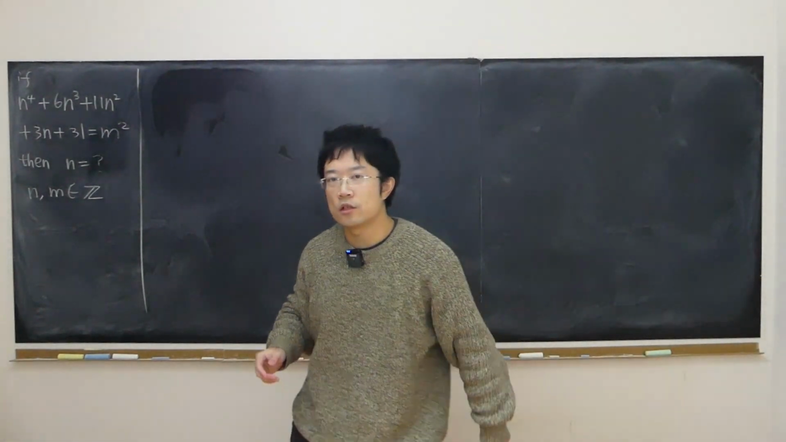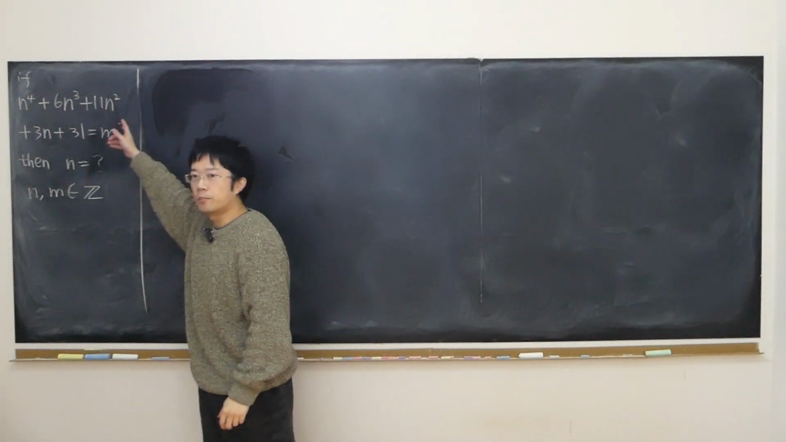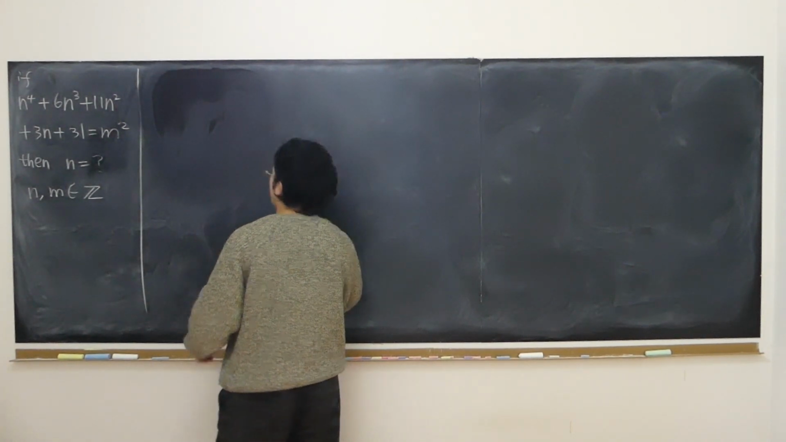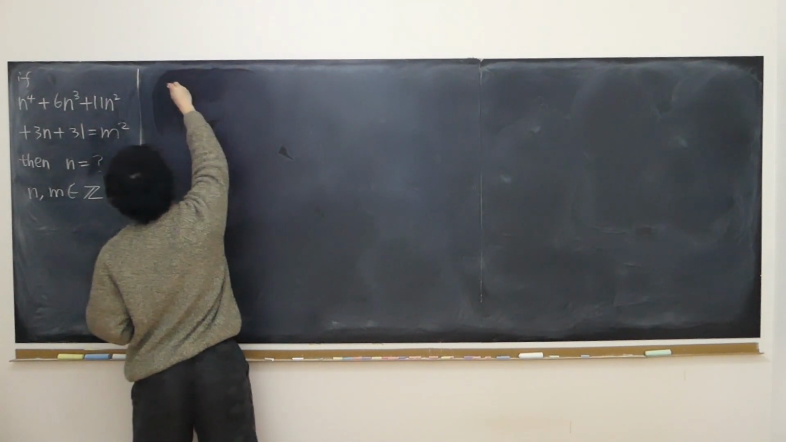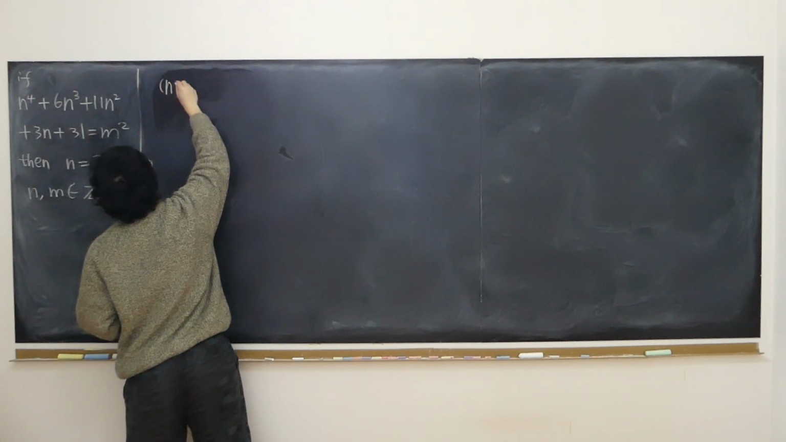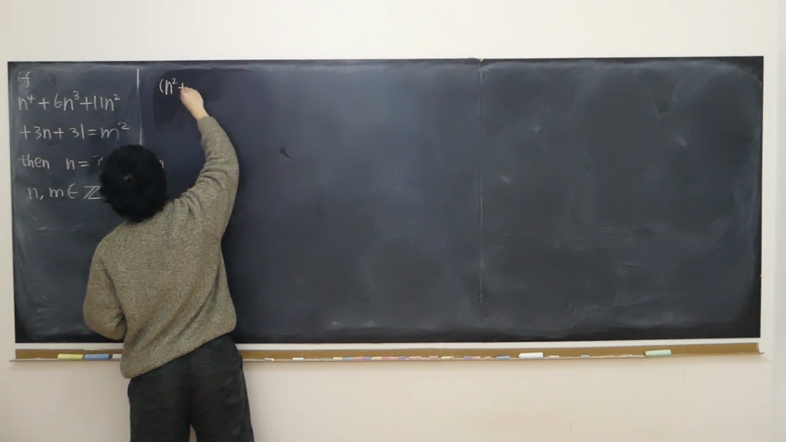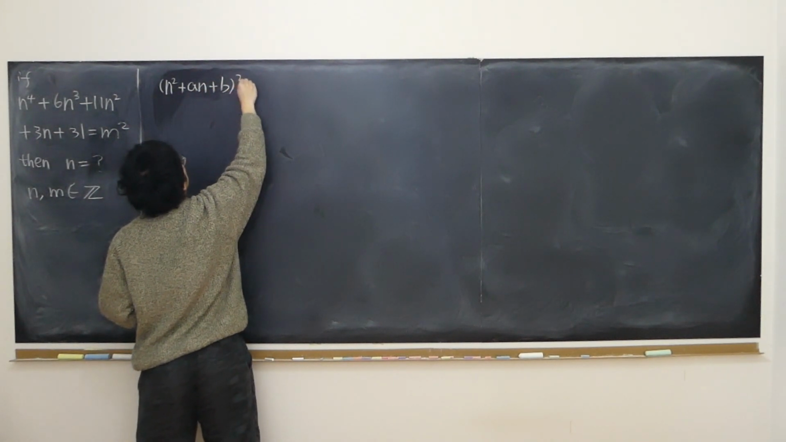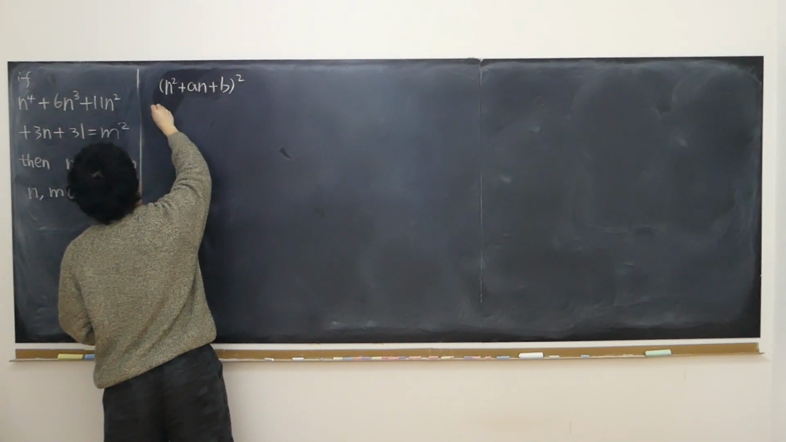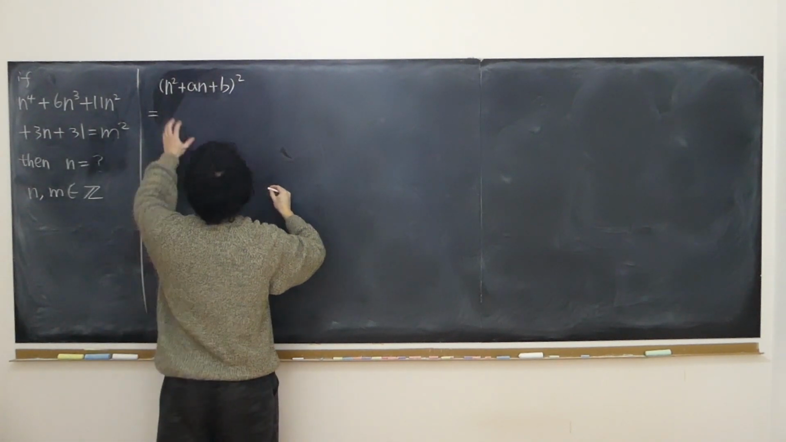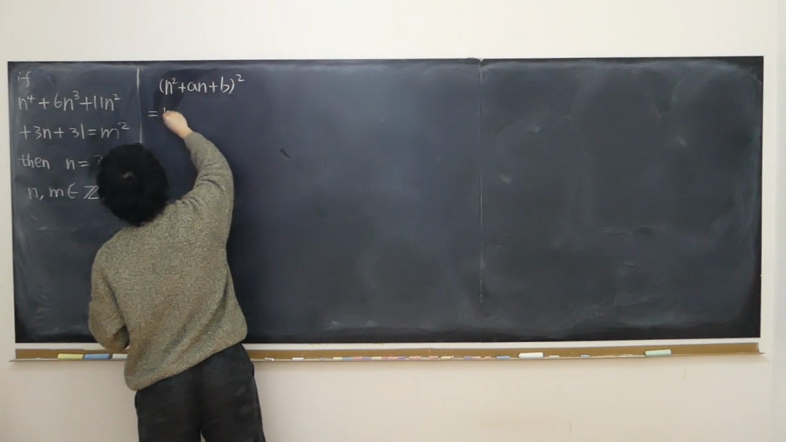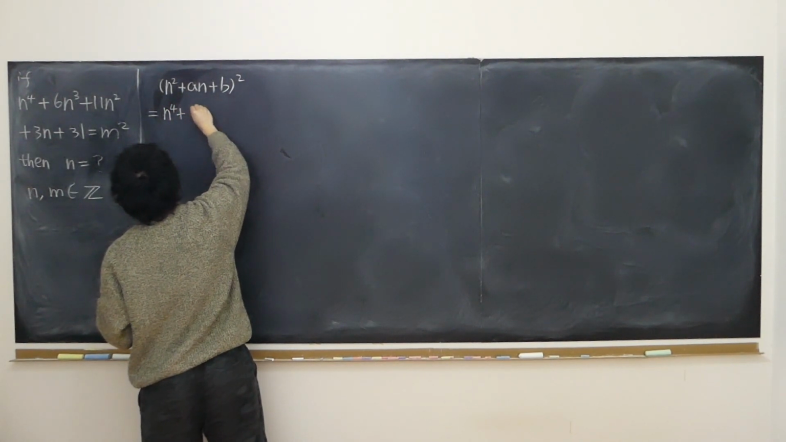What kind of integer n makes this polynomial a perfect square? First of all, I want to complete the square. So I want to write (n^2 + an + b) squared. And then that equals, according to our polynomial square formula, we have n to the power of 4 plus a